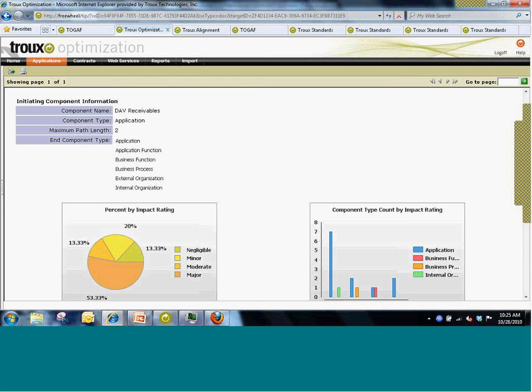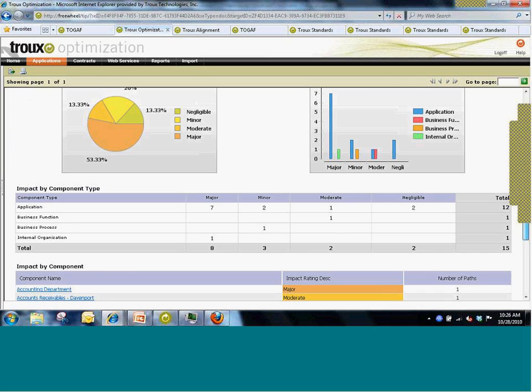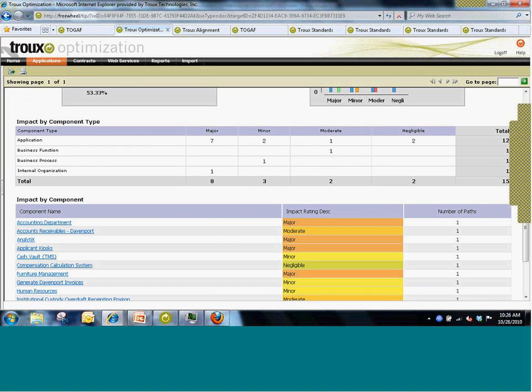As we go down, we'll see that this report gives rich context that describes how it impacts the business and affects not only applications, but also business functions and organizations. In a way, since this report is web-based, it's available to a wide range of stakeholders beyond the enterprise architecture team.